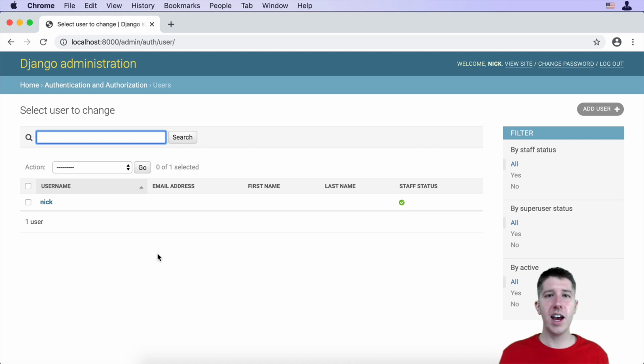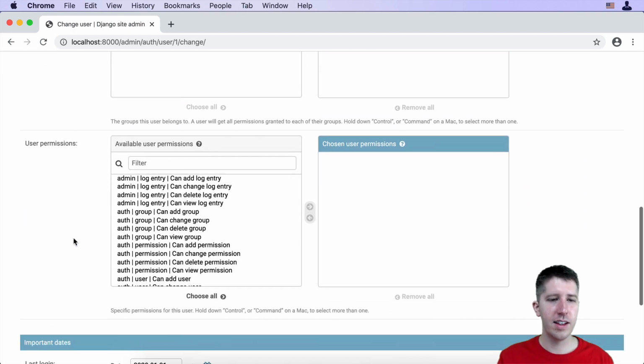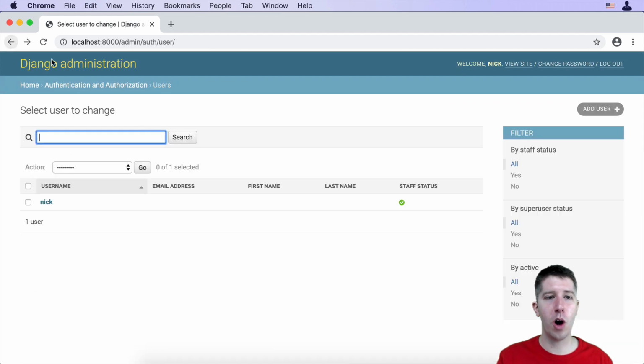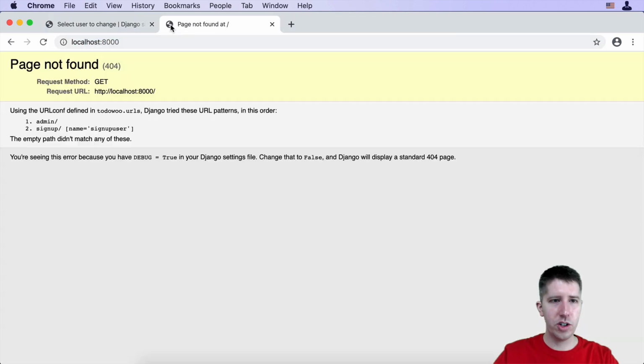And you can see there's actually already been a user that's been added to the database. And that's the Nick that we did when we did that createsuperuser. And here's the username. I would have had an email if I put in a correct email. But it's kind of cool that you can go click on this and see all the different information. But what we're hoping is that when we actually go and sign up a new user, that one will show up here. So in a new tab, let's go back to our home page,